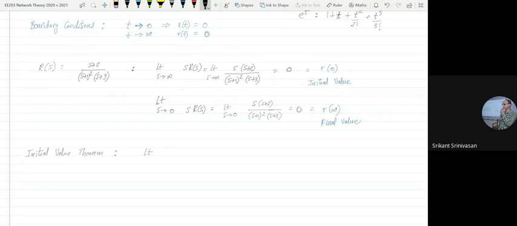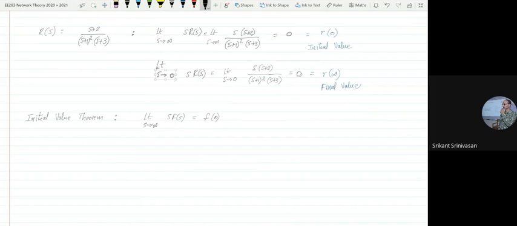According to this, limit as s tends to infinity, s F(s) is equal to f(0). Okay, that's the initial value theorem. And see how you know that time and frequency are inverse to each other, right? So if I want to find out at time t equal to 0, I have to put frequency equal to infinite. And if I have to find out at time t equal to infinite, that means what is the final value, then I have to put the frequency equal to 0. Okay. So this is an easy way to remember what is the right limit to take. So initial value theorem is this.